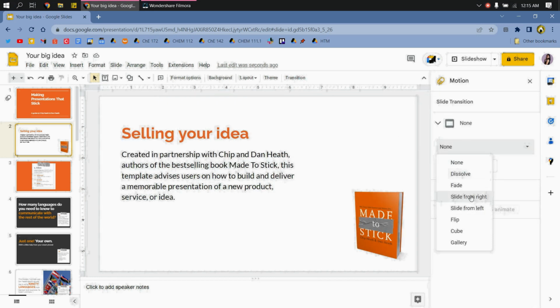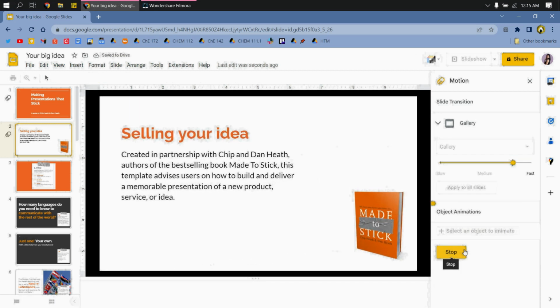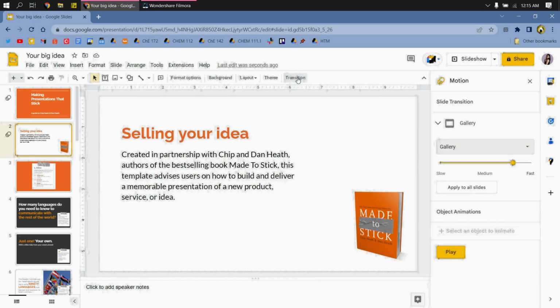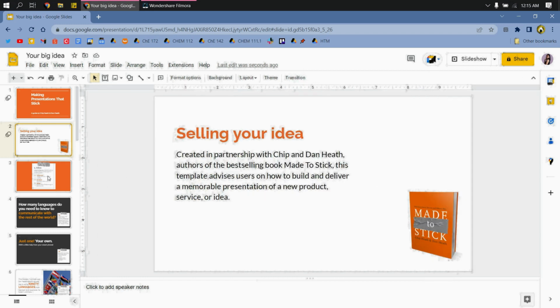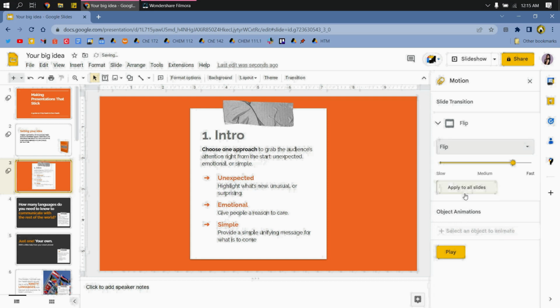If you want a different transition, I'm choosing this style of motion or transition. I'll go to the other slides and try a different transition. So you can do this on the rest of the slides,